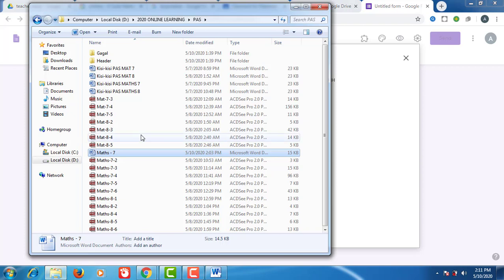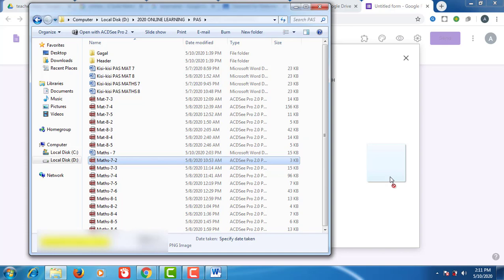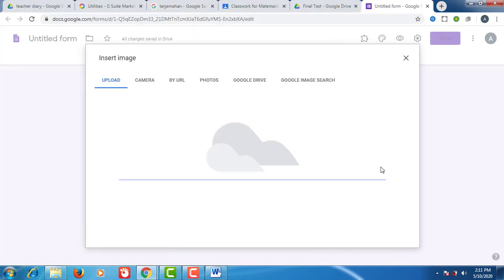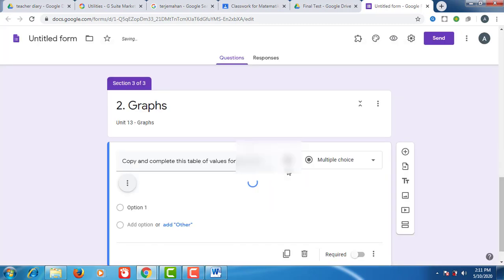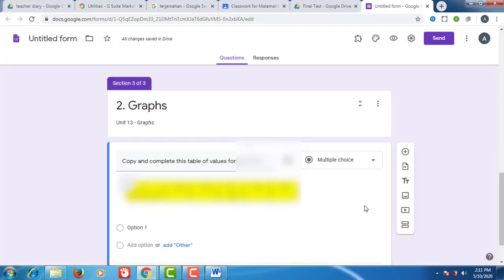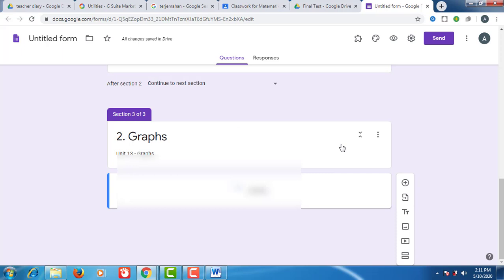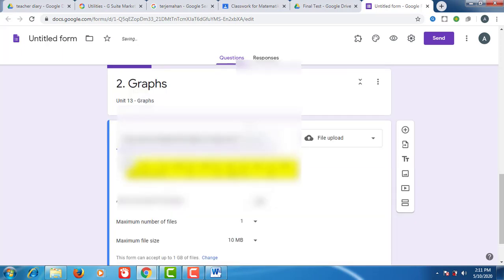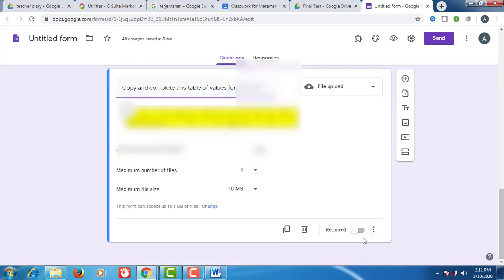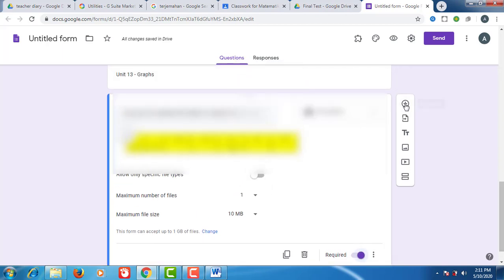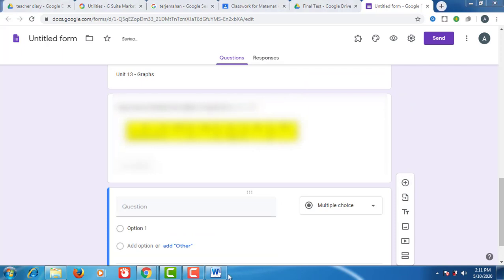So just find the pictures that you already prepared, just drag the files, and there you have the file over there. And then here I want them to complete the table, so they have to upload the file, right? So change it to file upload, and please remember to tick the required. Okay, and then